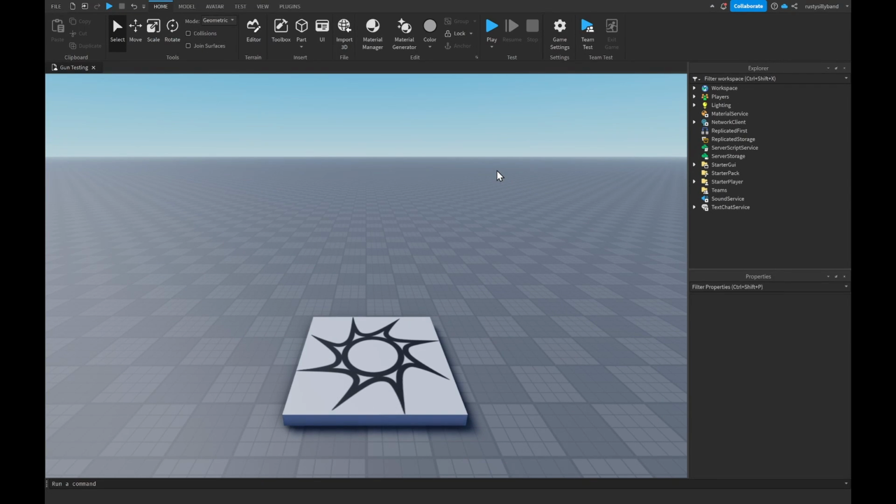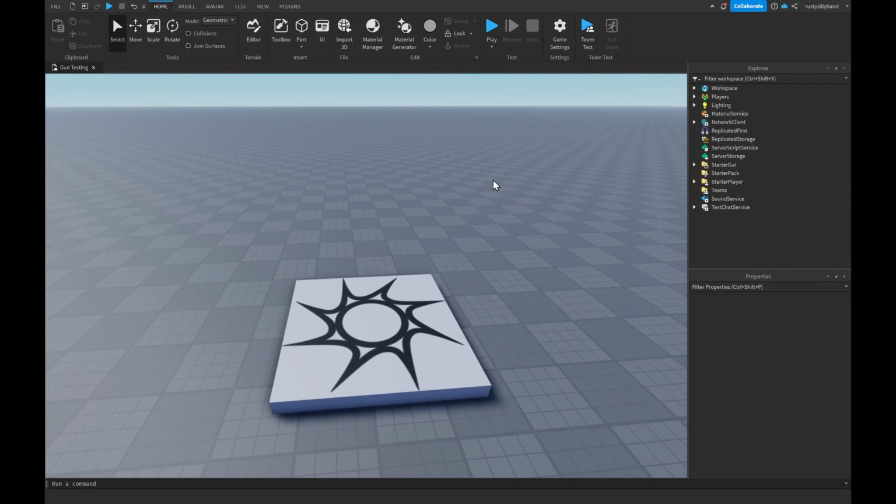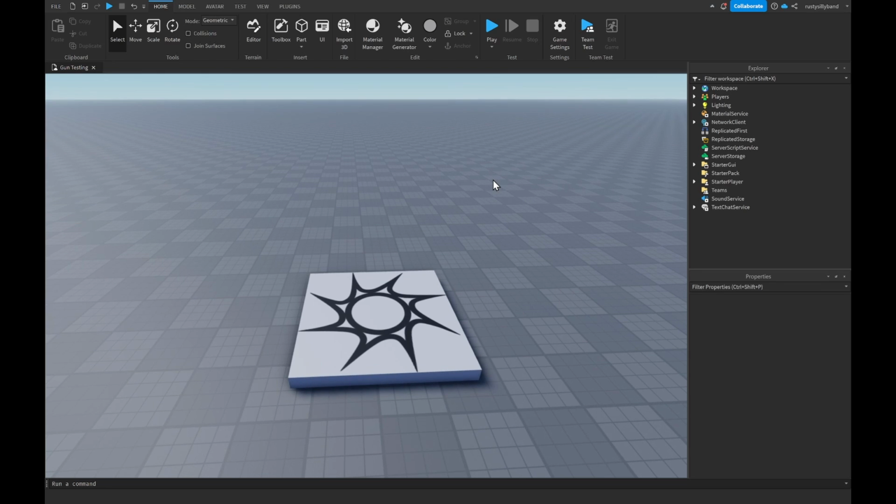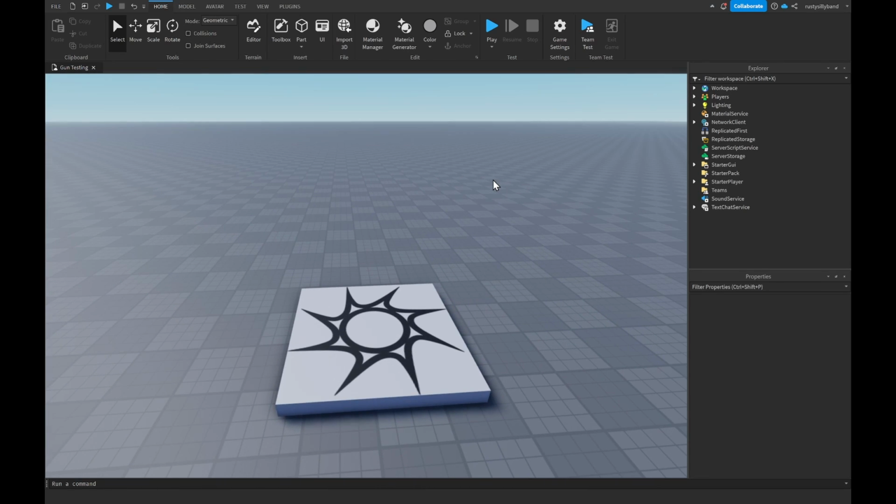What's up guys, in this video we're going to be going over how we can make a basic gun using raycasting in Roblox Studio. In order to start making our gun, let's go ahead and open up our workspace inside